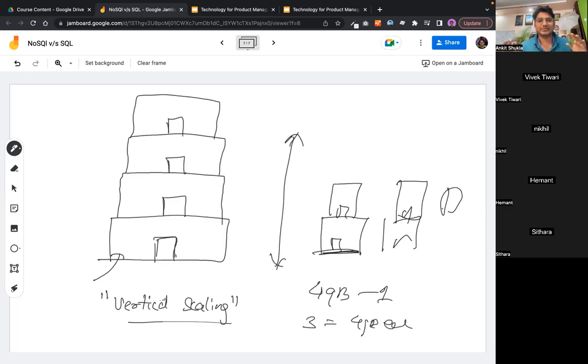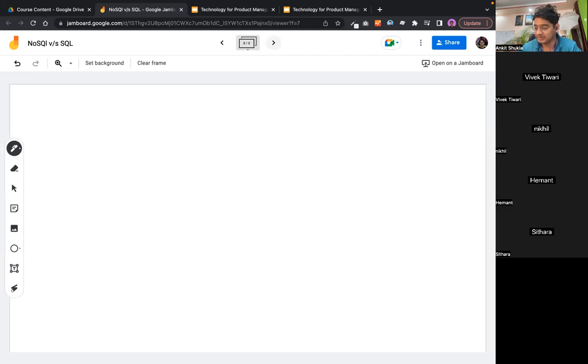Now it is infinitely possible for you to scale this way, because physics will not allow expansion of this building after a particular period of time. Similarly, technology would not allow further scaling of a system beyond a particular limit. That is why we go with horizontal scaling, which is about adding more computers. So in our case,